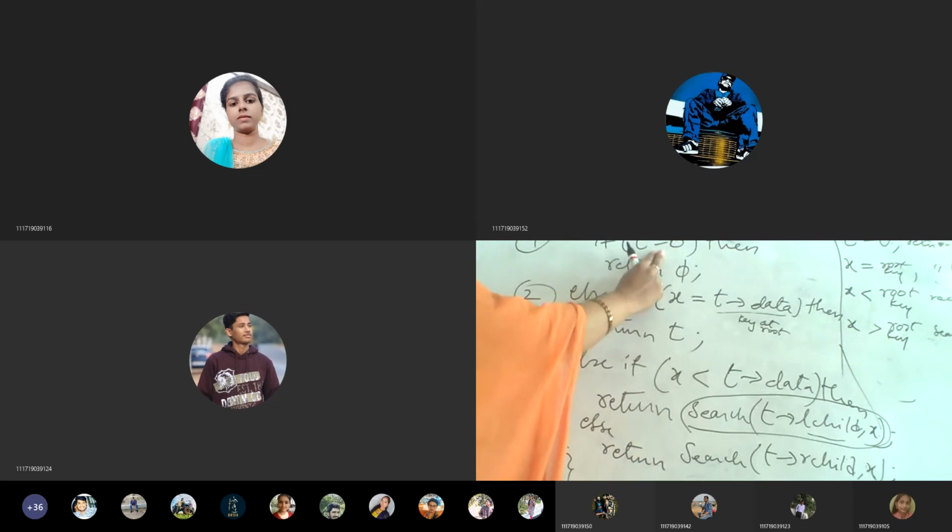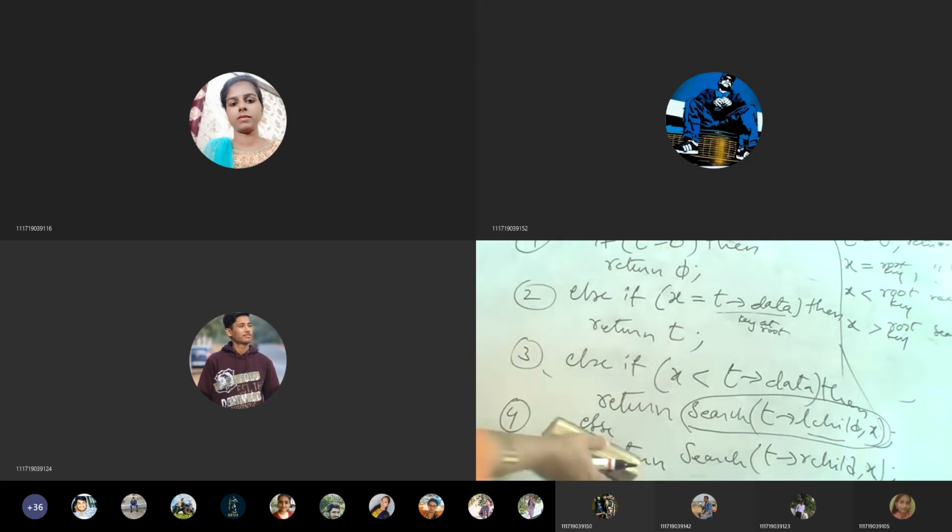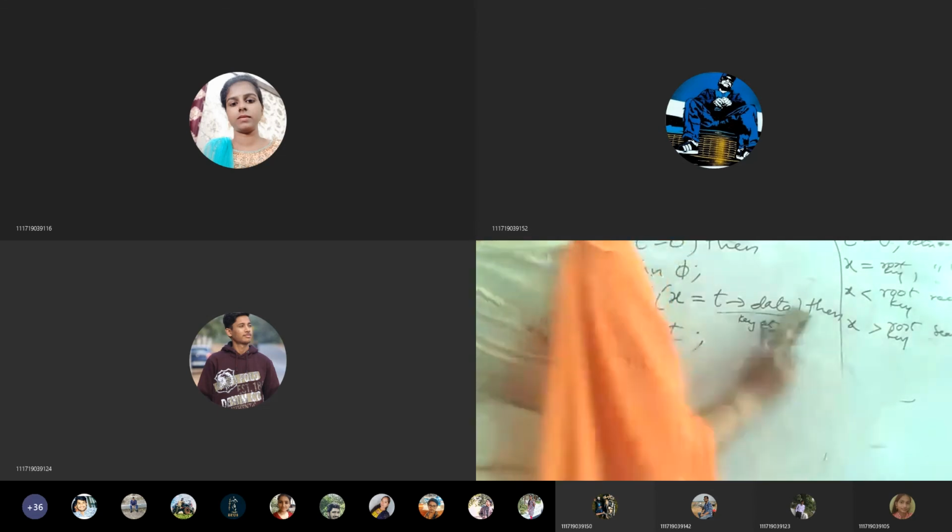So for now, just consider this. In an empty basket, if I'm asking you to find some item in that, and you don't get it, that means it is unsuccessful. When I say return nil, it means unsuccessful. If you want some more statements to be printed, if the return value is nil, then print unsuccessful. If the return value is T, the position, then print successful at the T position. So this is a recursive algorithm. For the same thing, let's see the same procedure for iterative.